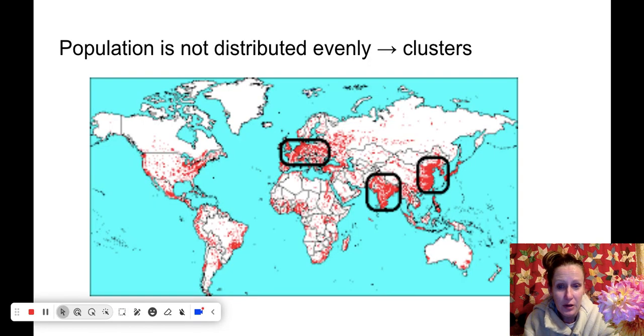The fourth major cluster is the Northeast, right where we are. So that's also considered a major global cluster. That's not to say that there aren't any other clusters in the world. Parts of Mexico and South America are heavily populated. But when you think of overall global themes, big clusters, those are the four that you'll tend to focus on.